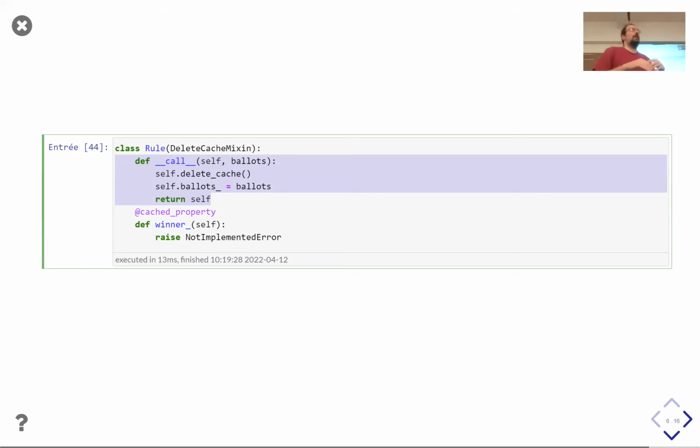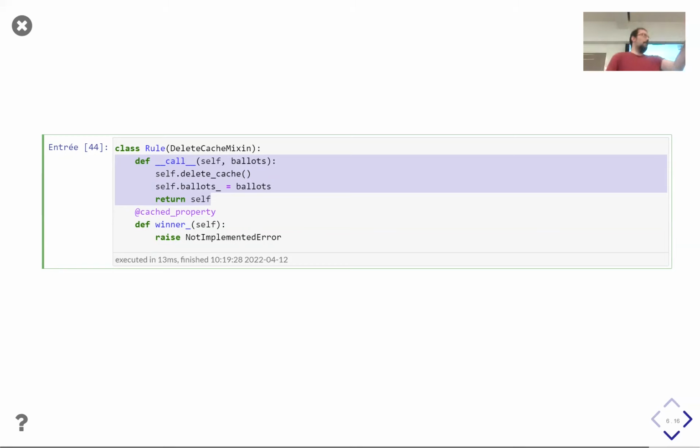And that way, as long as you don't ask for something like the winner or the score, it doesn't compute anything. If you ask, for example, for the scores, it will just compute the scores, but it will not compute the winner. It will not compute the ranking of all the candidates. For example, you save the cost of sorting a list. And so it's extremely lazy. And in fact, you cannot really forget to delete the cache, because it is written once and for all in the parent class. Just one more inconvenience I see is that it's not that safe, in the sense that if you were to use the same rule in parallel, you will need to instantiate it in each thread and not reuse the same rule.